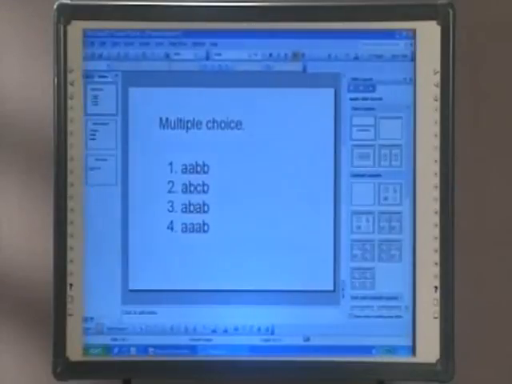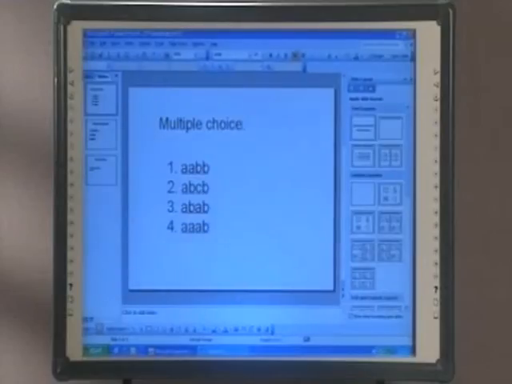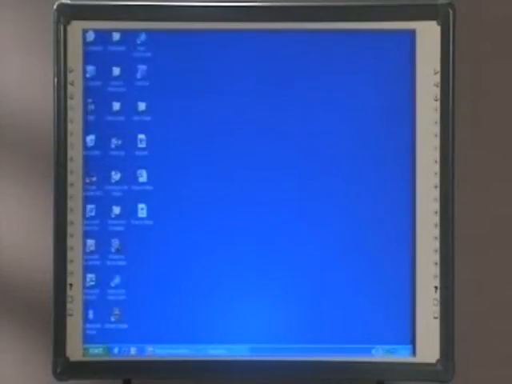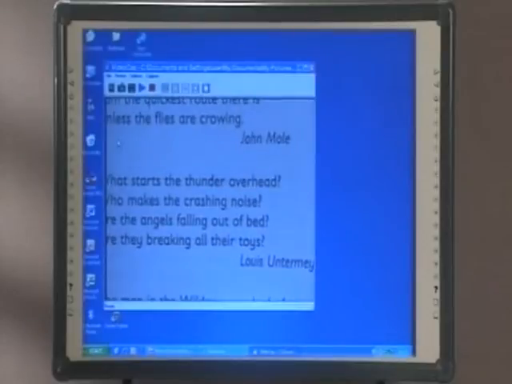I'm going to prepare it beforehand. So I'm going to start in PowerPoint, and I've got a question which is half done for me here, and I'm going to use another example, a text-based example. So there's the book. So if you could place that underneath the visualizer for me on there, and we'll have a quick look at what that looks like so we get that lined up properly. So I'll open up my video cap and we can see that on screen. Okay. So we're going to need to zoom out a little bit on that, as you can see, so get